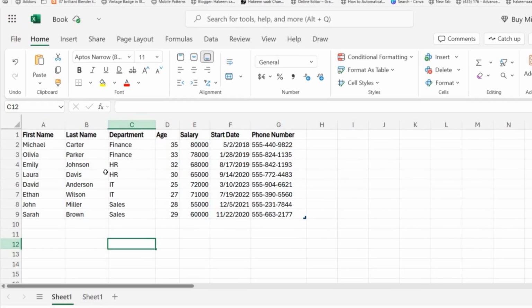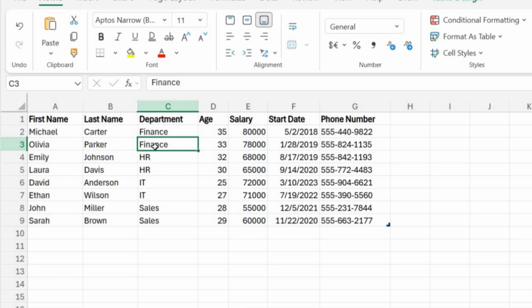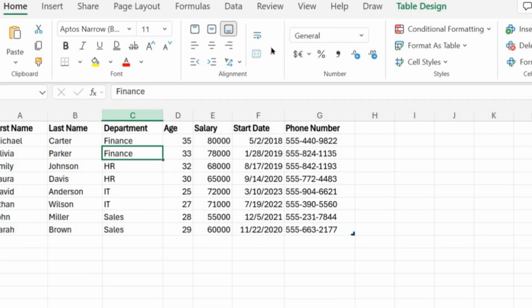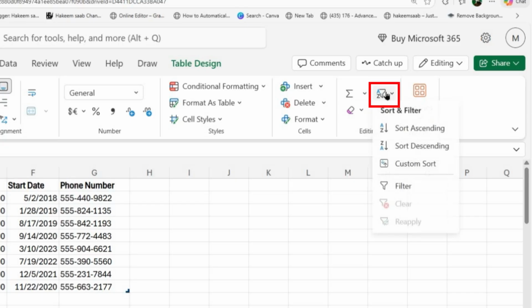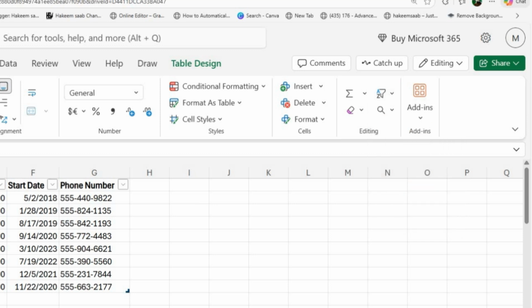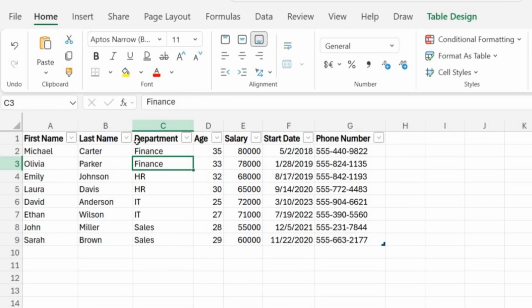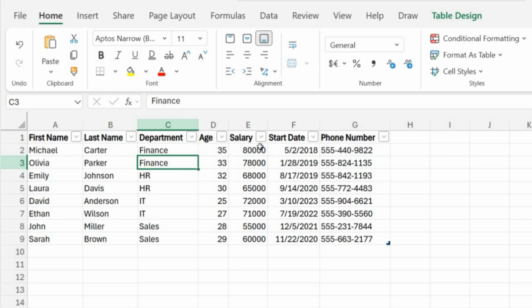First, turn the filter on. Click any cell inside your block of data. Then, go to the Editing tab on the ribbon. Click the Sort and Filter button, which looks like a small funnel, and choose Filter from the menu. When you do that, small drop-down arrows appear next to every header in the top row, and you're ready to